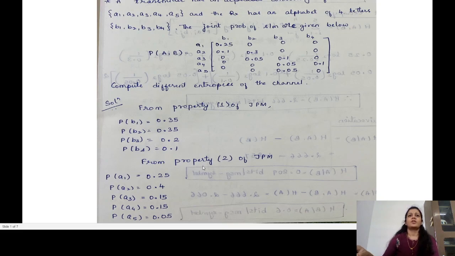So today we are going to solve a few problems based on the derivations whatever we have done so far. We have derived expressions for three important values, that is priori entropy, posterior entropy and equivocation. Along with that we have derived an expression for mutual information also. Let us consider the first problem.